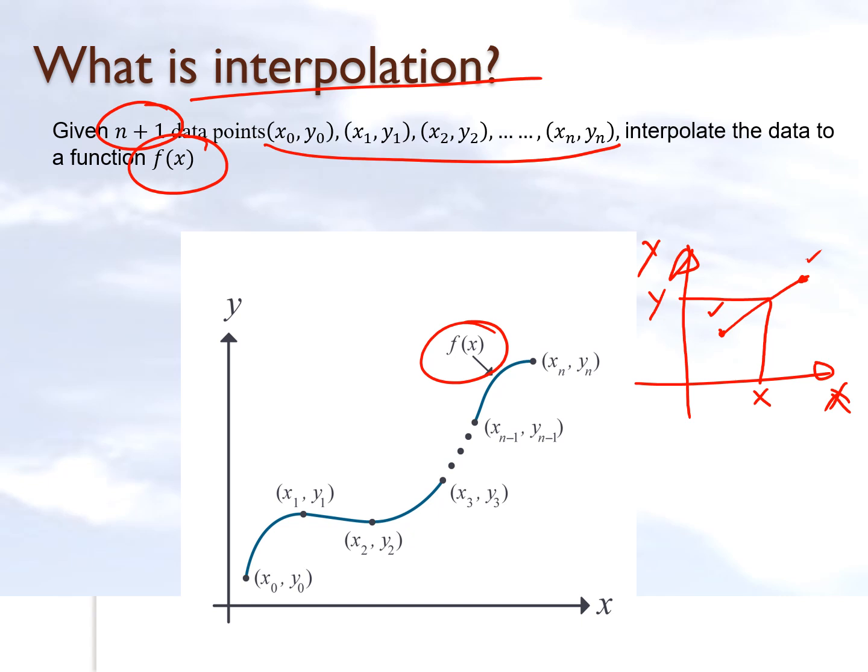You are given 2 points. Now, keep in mind that interpolation can be done to any function. It does not have to be a polynomial. It does not have to be a straight line. For example, here this is a straight line, a naught plus a1x, which is the first order polynomial. You could have the function f of x be equal to a naught plus a1 e to the power x, where it is being interpolated to an exponential function. You could have sinusoidal functions and so on and so forth. The only reason why we use polynomials most of the time is because they're easy to evaluate, easy to differentiate, and easy to integrate.